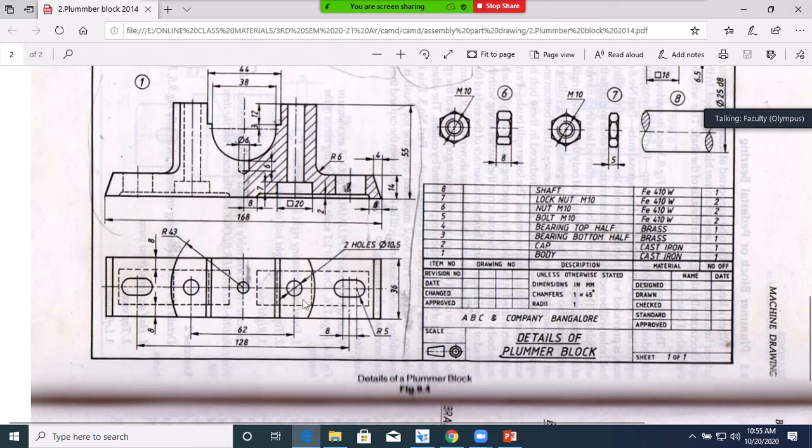So when you cut at exactly this line, in between this there is no material, because a through hole is there, so in between these two lines there is no material. That's why it is showing like this. Hatch portion is not shown here. And similarly, below this there is a square open is there.